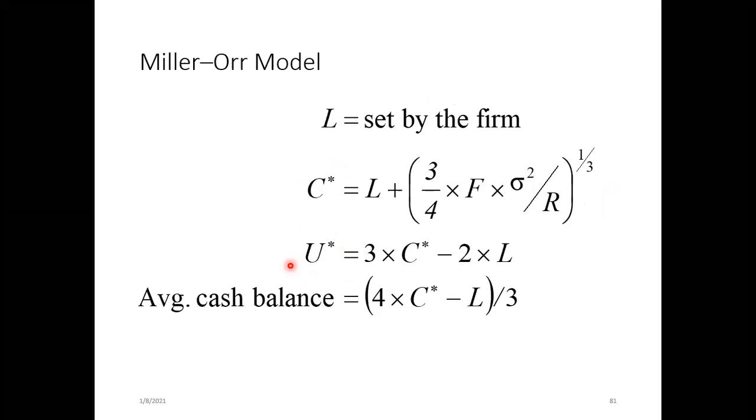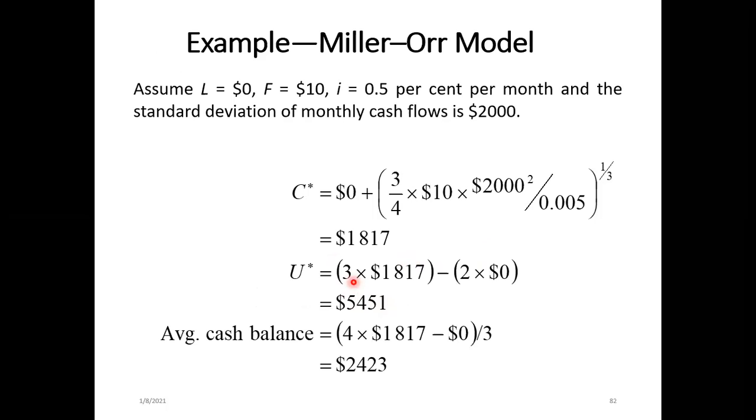So the formula is 3 into optimum balance minus 2 into lower balance. In this question, the lower balance equals 0, so this part becomes 0 and only this part remains. So 3 into optimum cash balance, that is 1817 into 3. Therefore the upper limit is 5451. Then we can draw the Miller-Orr model